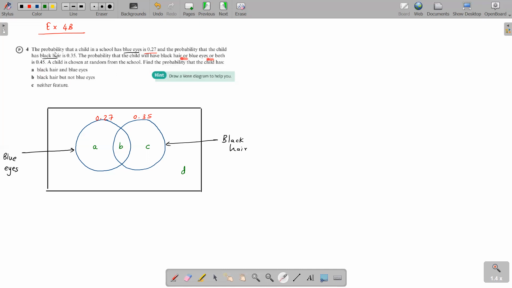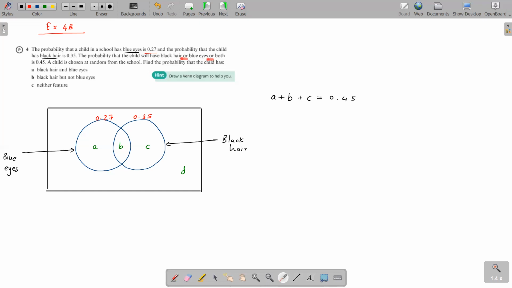All right, so basically 0.45 is going to be the addition of the probabilities A, B, C. Can you guys see? So A, B, C, the addition of the three probabilities should be 0.45. Now the problem is we need to get the individual values of A, B, C, D. So how do I get the individual probabilities of A, B, C, D? So what we can do here is,